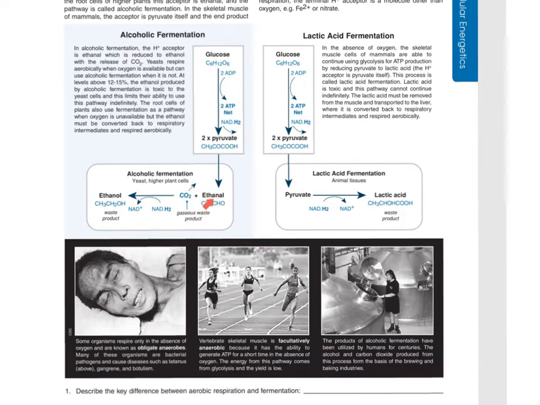And then they take away carbon dioxide. They actually produce CO2 when they do this. You see that? CO2 leaves, and then you have a waste product. It's called ethanol. They get a little bit of electrons, and a little bit of ATP, so they can keep the process going. Because they have to do something with this pyruvate. So by doing this process over and over again, they get a little ATP. You see it right there? 2 ATPs. That keeps them going. We also get a little bit of ATP. There it is. But we have to do something with the pyruvate.